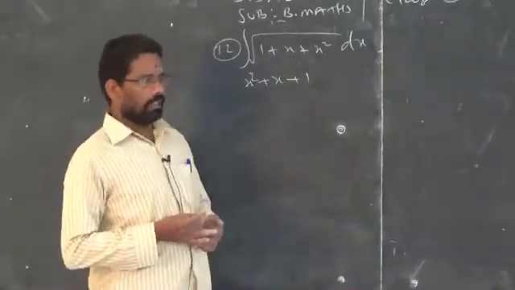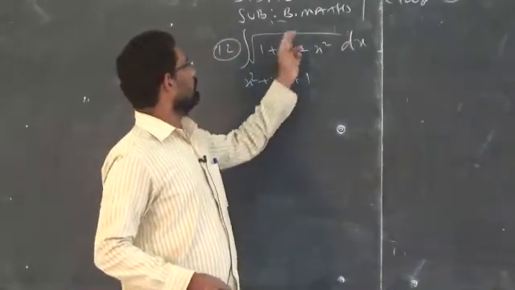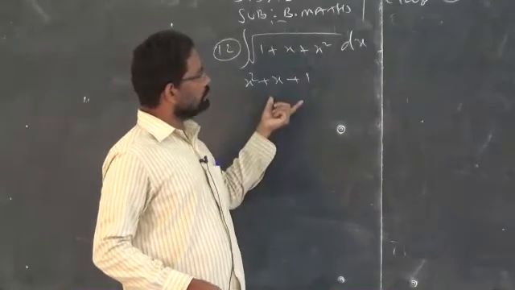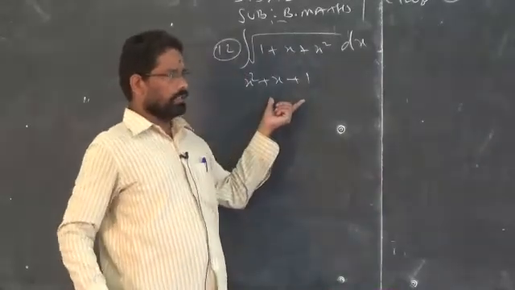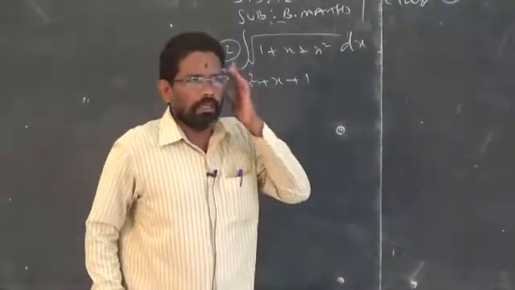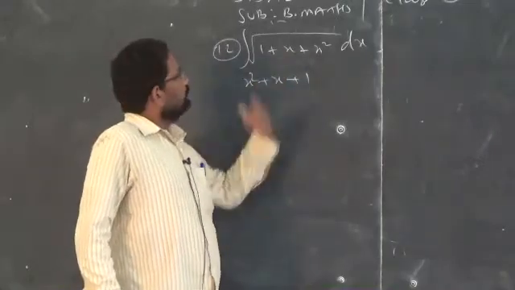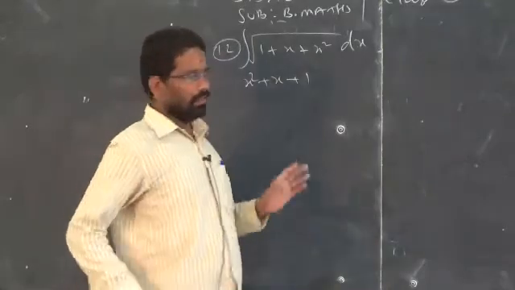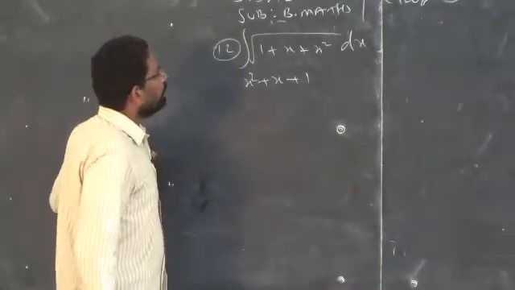You cannot apply the partial fraction method here, because the square root is not in the denominator, it is in the numerator. If it were in the denominator, you would think over whether it is possible to apply partial fractions or not. But it is inside the square root. So there is no question of thinking about partial fractions when the denominator has the square root. It is in the numerator, so you must use only the formula method. There is no other way. Clear? For which you have to remember the completing the square method.